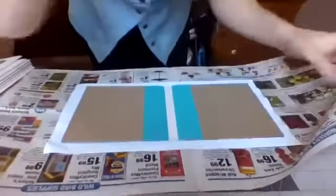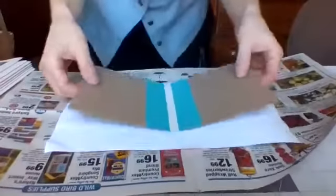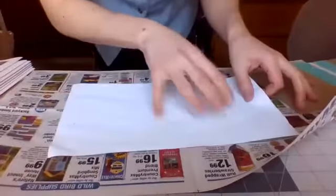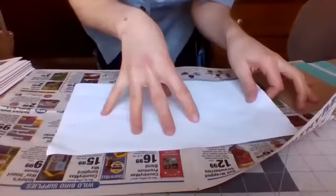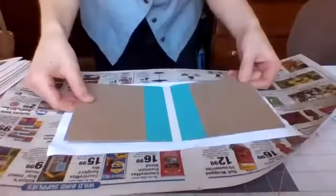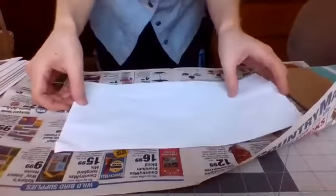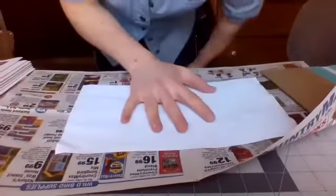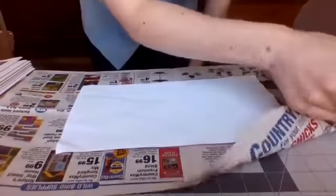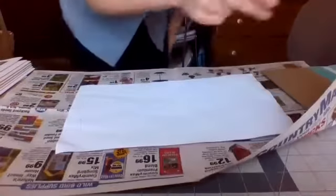Yes. Okay, so for covering our case here, we want to glue out the paper or whatever material that you're using, and then we'll be putting the case on it centered. So it's nice to use some kind of slippery glue. This that I have is straight up PVA,